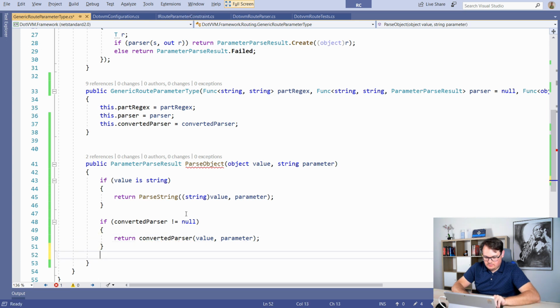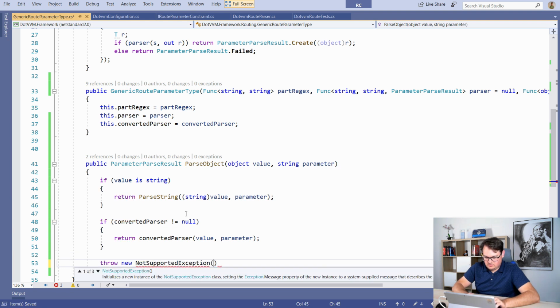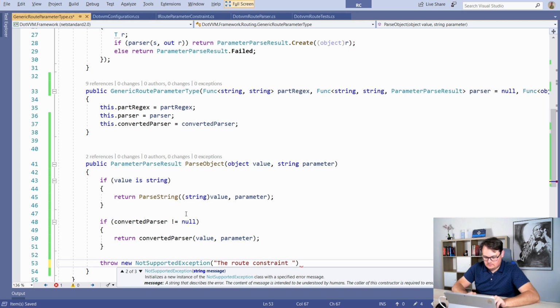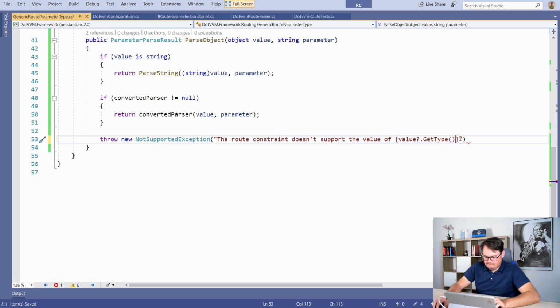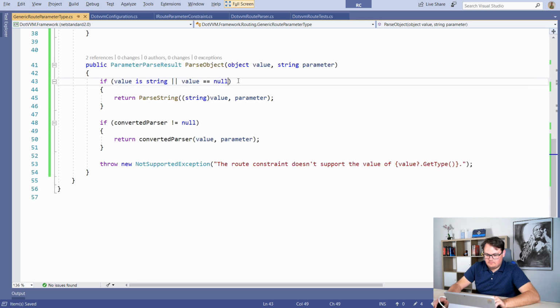And if the converted parser is not here, I can throw new not supported exception. The route constraint doesn't support the value of... and also if it's null, which can be, I will redirect it to the parse string, yeah, because this should